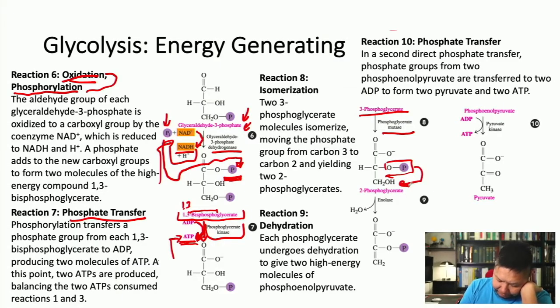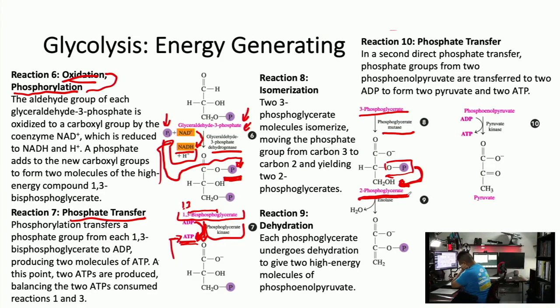It had switched these places. The OH is down here now, and the phosphate group has moved up to the second carbon. So it's exactly what it sounds like. It's a mutase, and it mutated that molecule